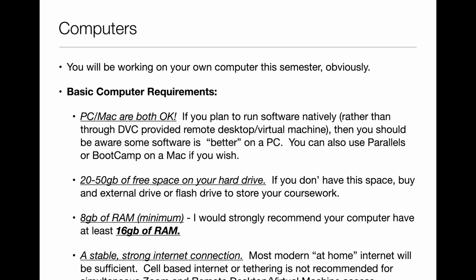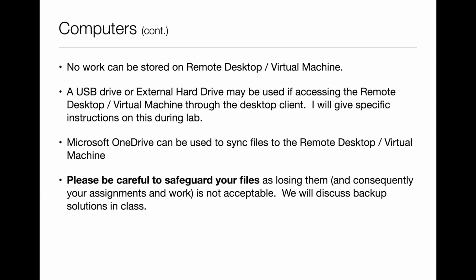The other thing that's pretty obvious at this point is that you're going to need a strong, stable internet connection. And that's really kind of critical for what we're doing here. Most of the at-home internet, if you have it from Comcast or AT&T or Wave or any of the at-home internet providers, you're going to be just fine. That's going to be a strong enough internet connection. If you're trying to tether to your phone or use a hotspot, you're probably not going to have enough internet bandwidth to connect via Zoom and to do the remote desktop all at the same time, or there's going to be lagging issues or what have you. So I would encourage a strong internet connection, because I think that'll benefit you quite a lot.